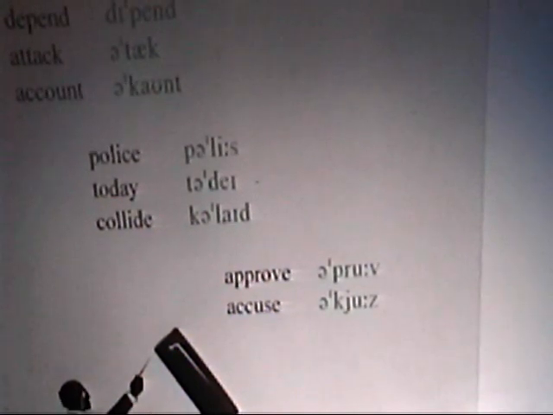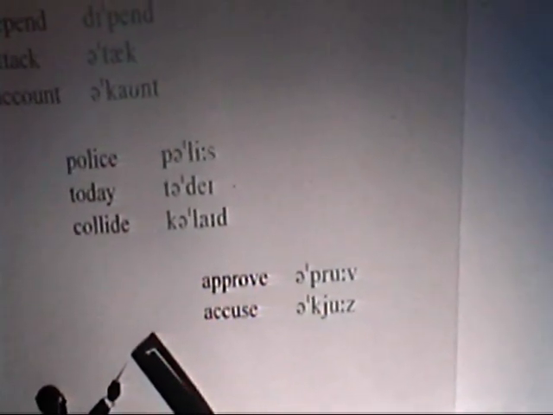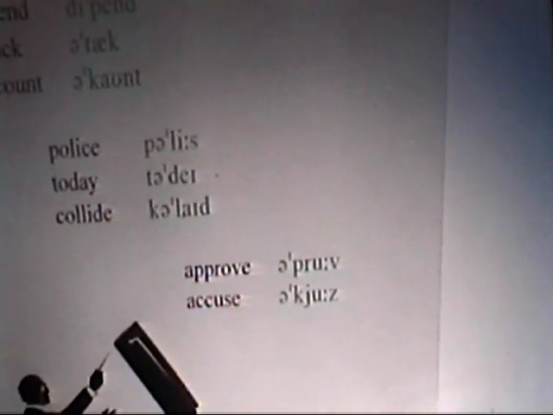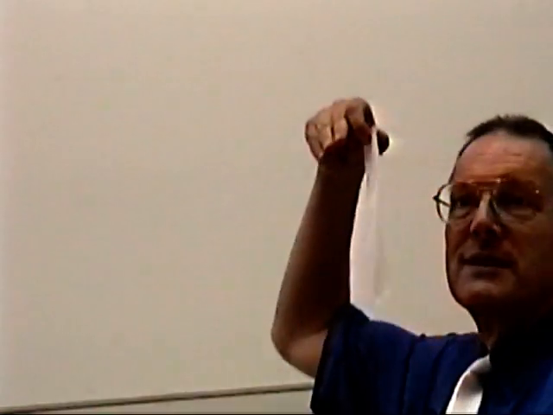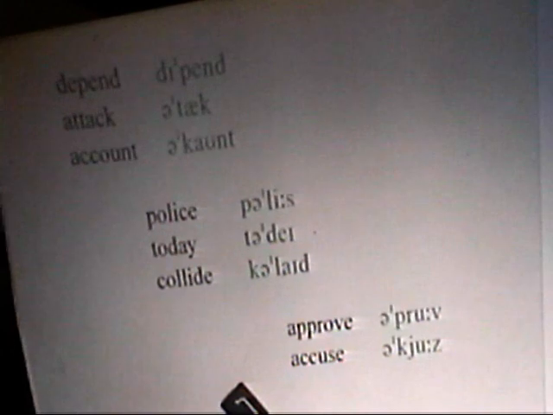Let me try it. With aspiration, depend. Without aspiration, depend. Which sounds right? Depend, with aspiration. And not depend. Compare French dépendre. No aspiration, if I'm doing French correctly. Okay, so we do get aspiration in depend, attack, account, which tells us that the crucial